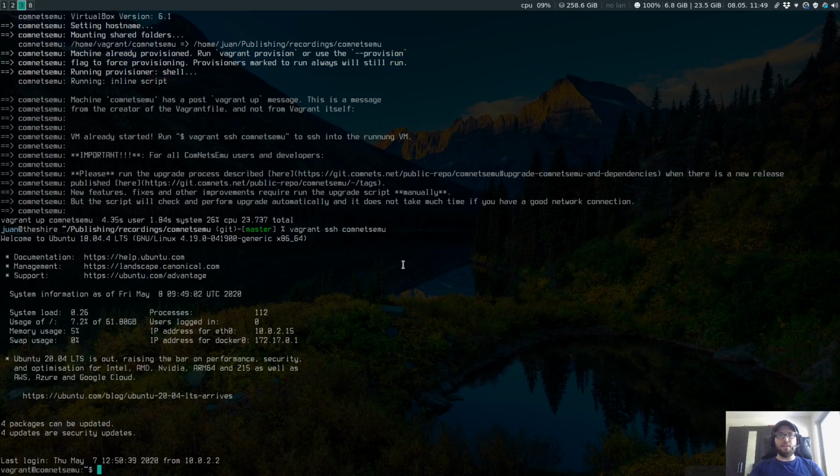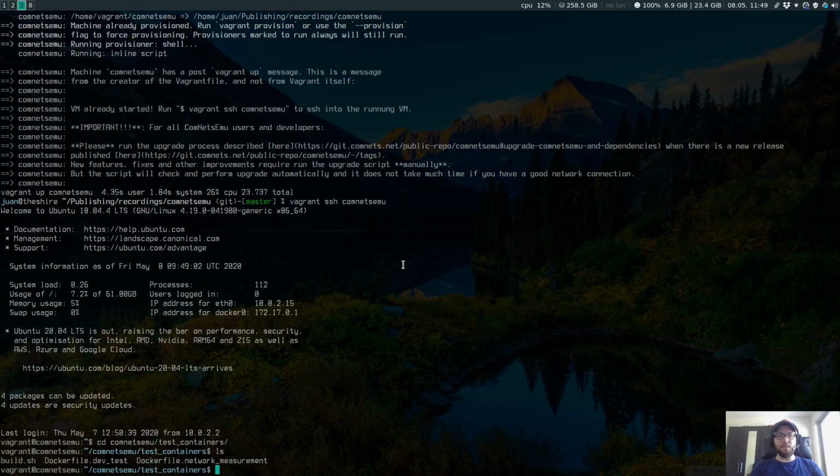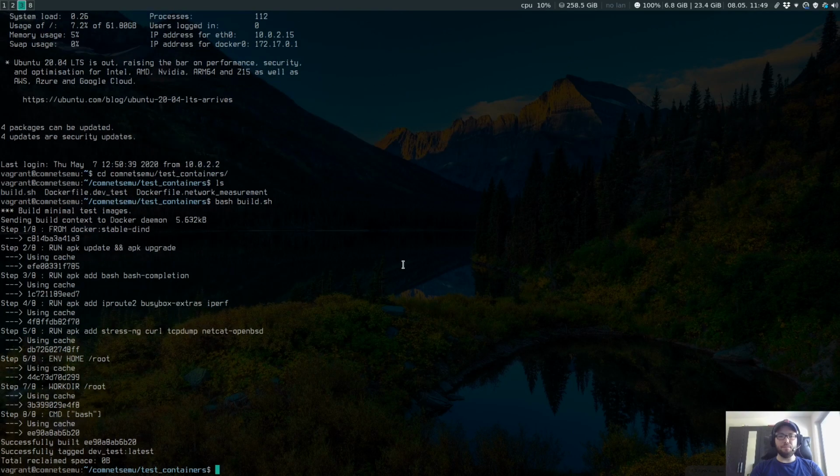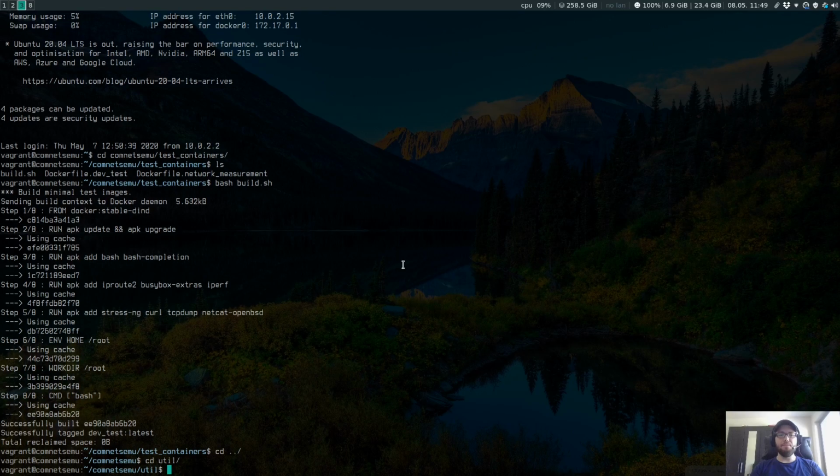Right after this is done, the next step that you want to do is to do some post installation commands. The first post installation is to go to test containers. So you go to ComNetsEmu/test_containers, and you will have to run the build.sh command. So bash build.sh. Do not be scared of running these commands because all of this is running inside your virtual machine, not on your actual system. The next step is to go to ComNetsEmu util, and there you would have to run